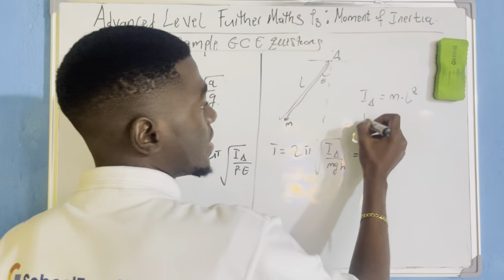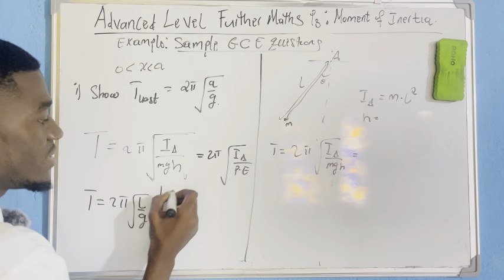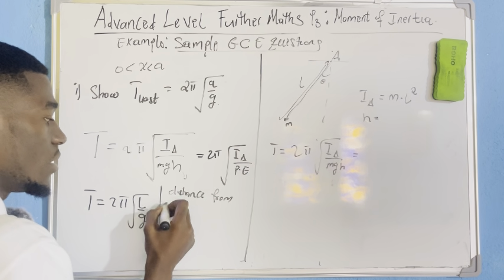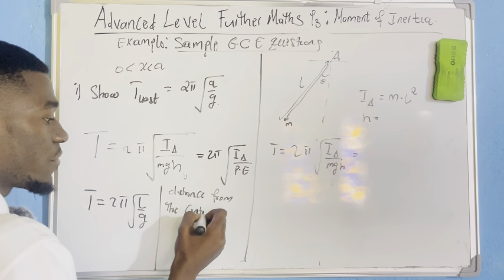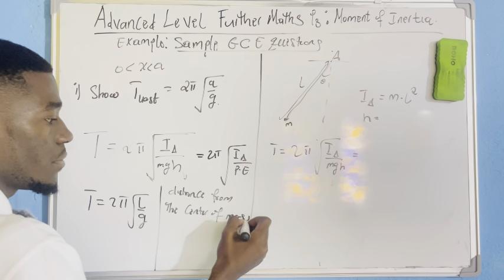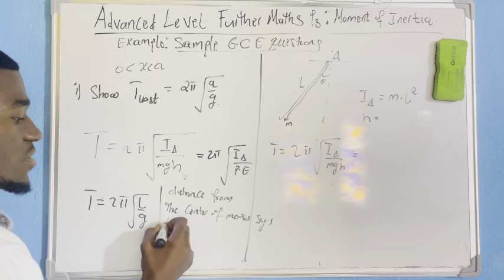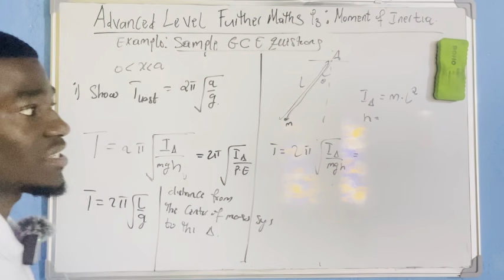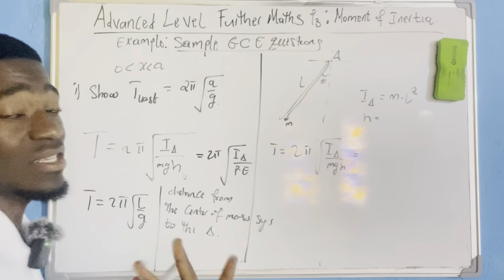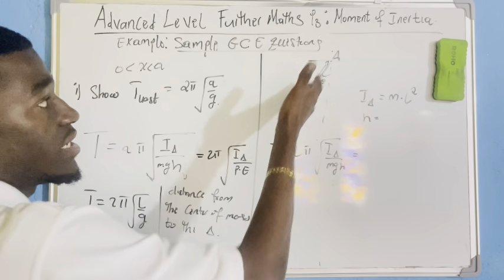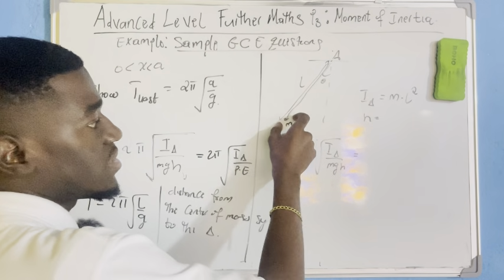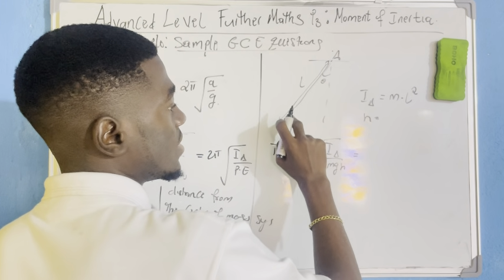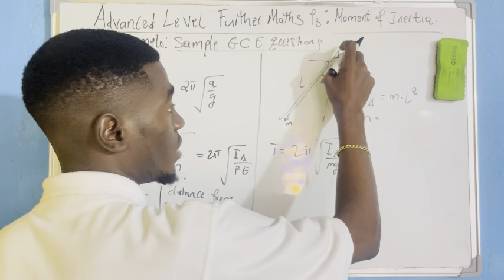Then here, h now, I told you that h is what? h is the distance from the center of mass of the system to the axis of rotation. Now here, the center of mass of the system, where is it? The center of mass of the system is where there is the point mass, because the string is not having a mass. So the only thing having a mass there is what? The point mass. So that center of mass of the system is here, and then the distance separating the center of mass to the pivot is simply what?